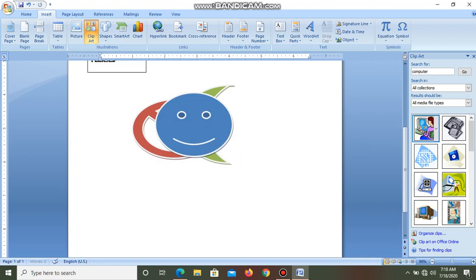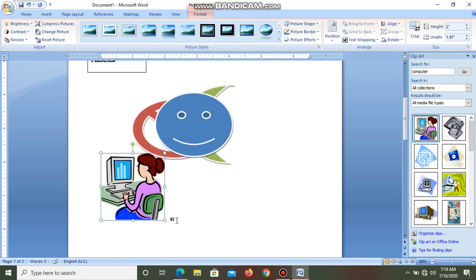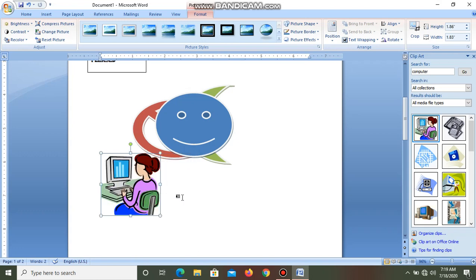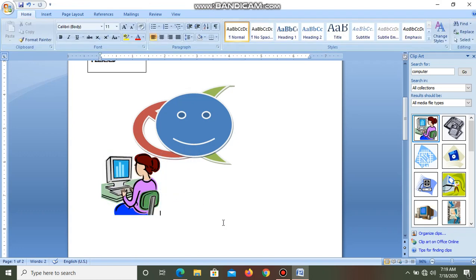When you click on this picture, you will get it into your document like this. And if you want, you can increase or decrease the size of the image by dragging these corner handles. So this is how shapes and ready-made pictures from clip art can be inserted.